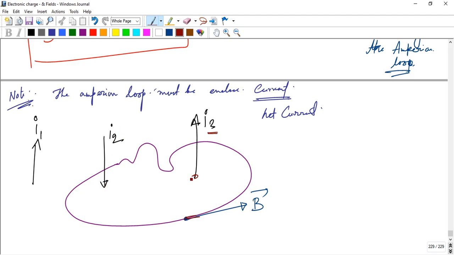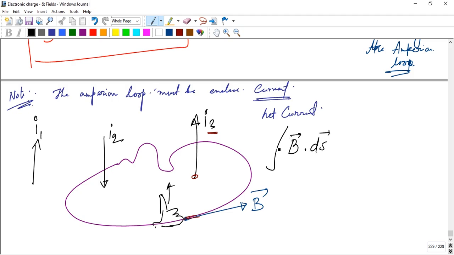When we apply the right hand thumb rule, I3 is satisfied but I2 is not, so I3 is plus and I2 is minus. Now the final expression of Ampere's law is